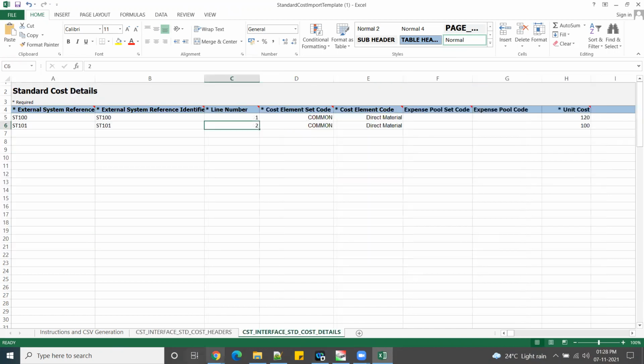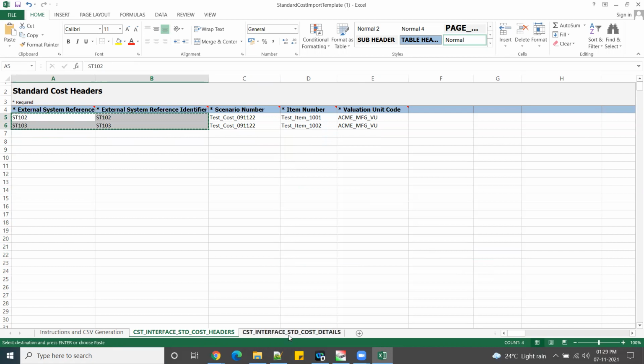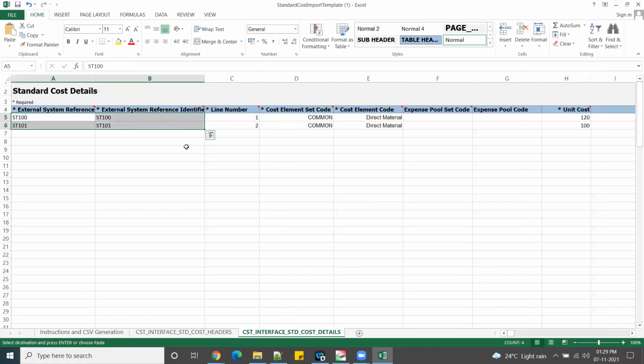After that, we go to detail. Is the scenario number unique for each cost book? Yes. For example, if you want to push the data for more than one cost book into one FBDI, then you need to give different scenario numbers. Or else only one scenario number is enough. Now copy these reference identifier numbers, go to cost, and this will be the same as the headers. So through the header file, we are interconnecting to the details. That is the logic.